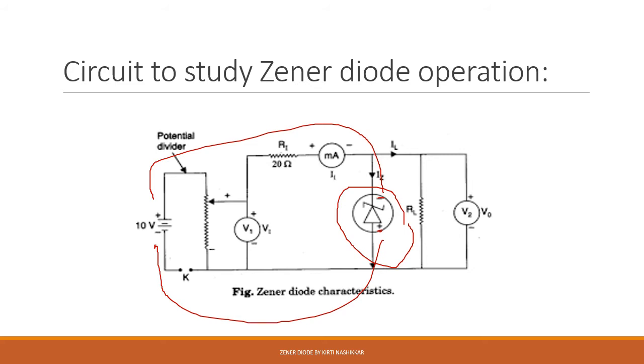Now the voltmeter is connected in parallel with the Zener diode. The ammeter is connected in series. RS is the series resistance and RL is the load resistance. The load resistance is always connected at the output, and for measuring the output voltage we have connected a second voltmeter. From the potentiometer or rheostat we can change the value of the resistance using the variable terminal, and correspondingly for different voltages we can note down the different currents.